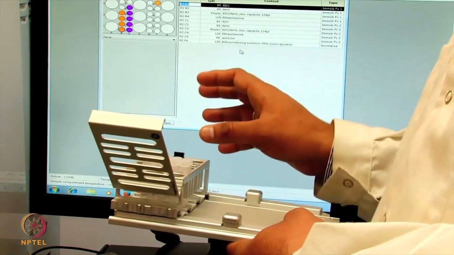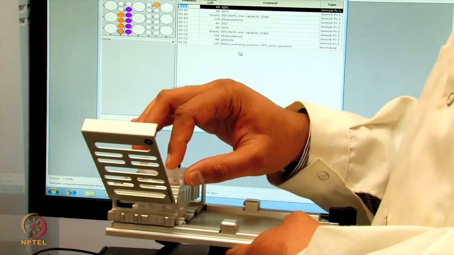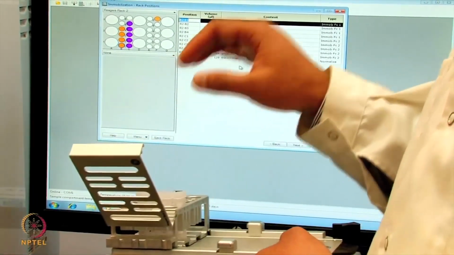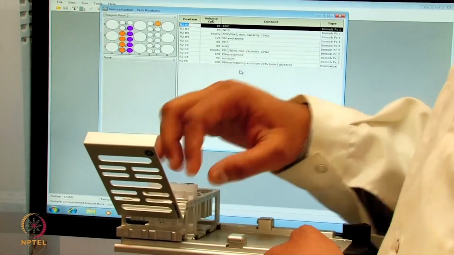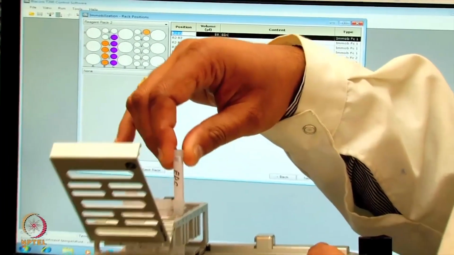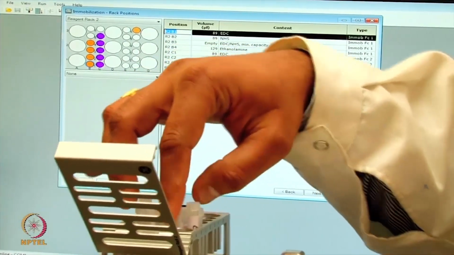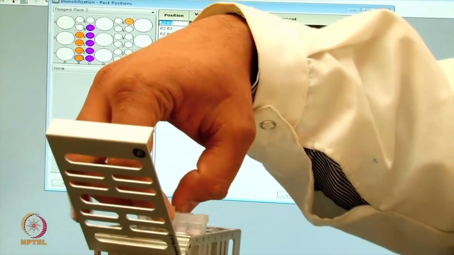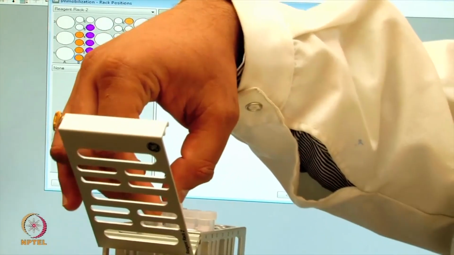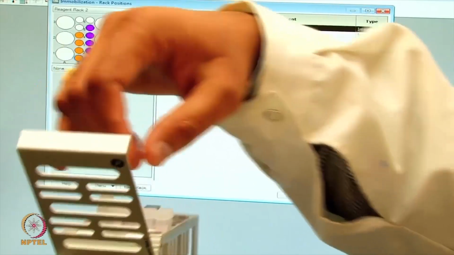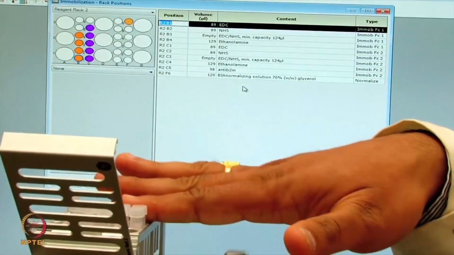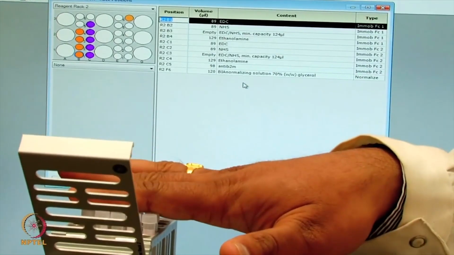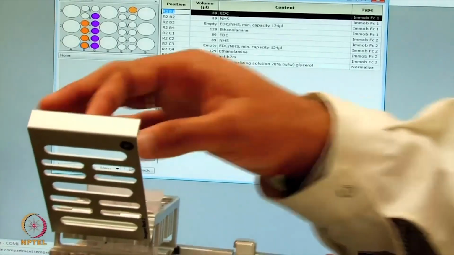Now that we made the template, we will insert the vials at the right positions. We just fill them with the required volumes of different chemicals. To start with, the EDC is positioned here, the NHS is positioned here, the ethanolamine is positioned here, and there is an empty vial. In a similar way, another row is also made, one for the reference surface, another for the active surface. To normalize the chip,